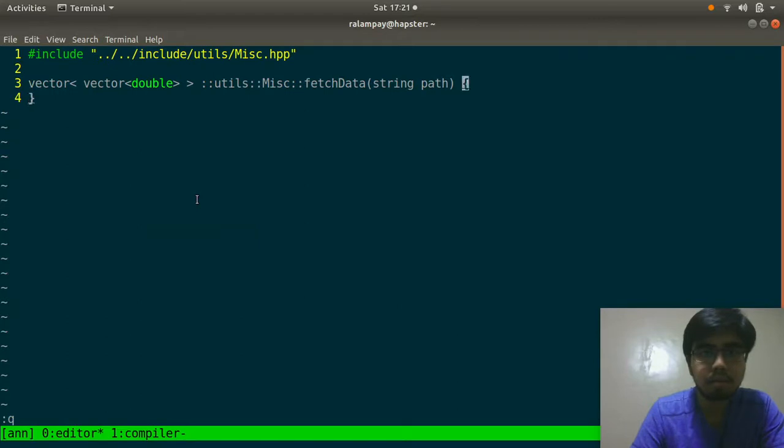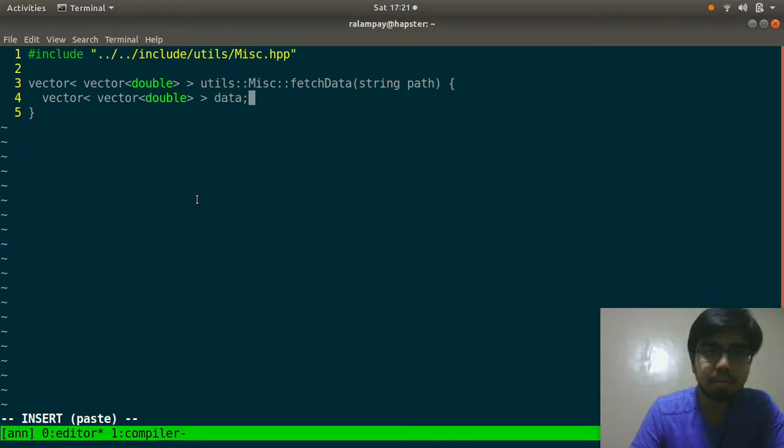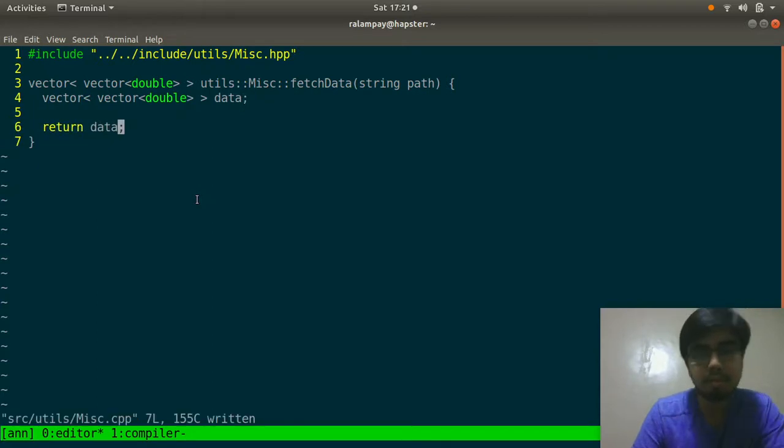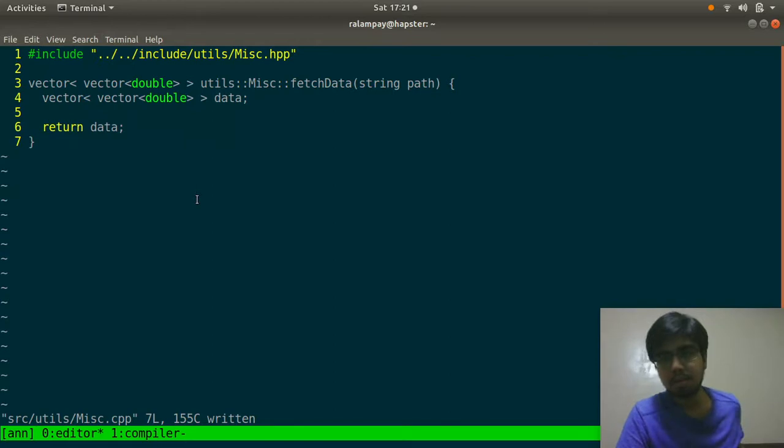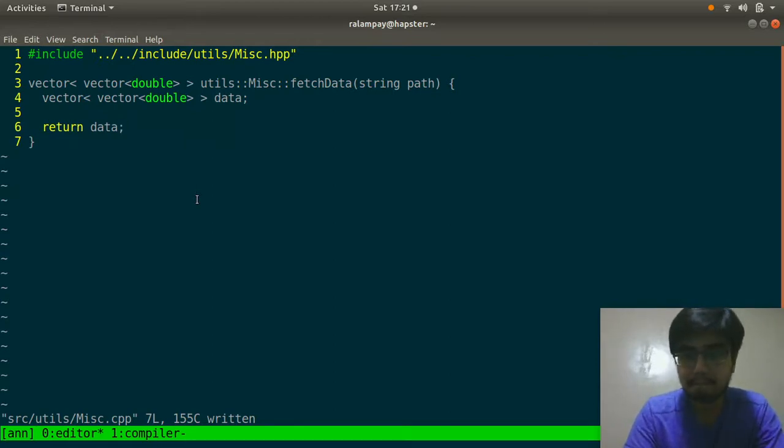Okay, don't need the double here. Okay, so this will be a structure. Right, so